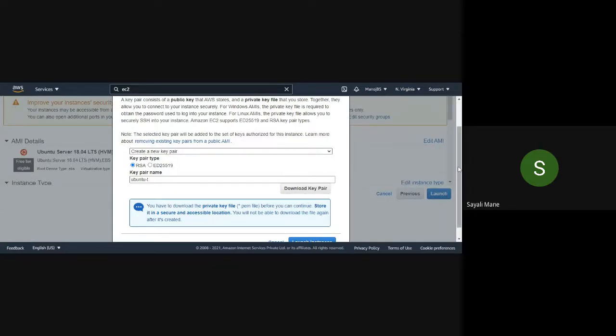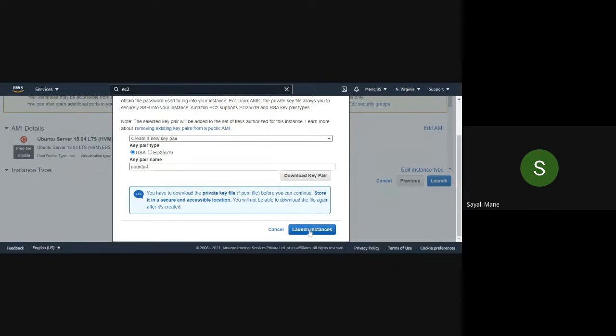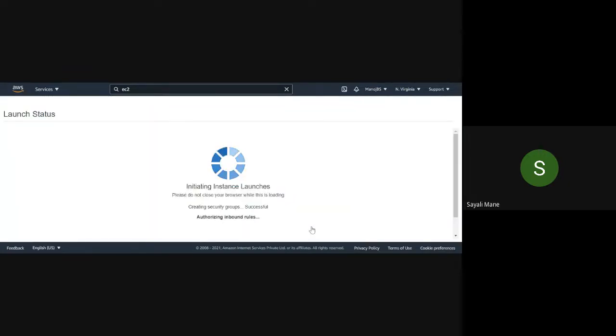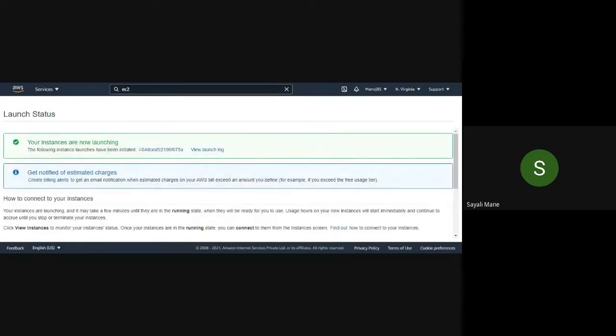And then after that you will see the launch instance button is visible now, in a brighter way. After that, click on the launch instance button. And then you will get a message, your instances are now launching.